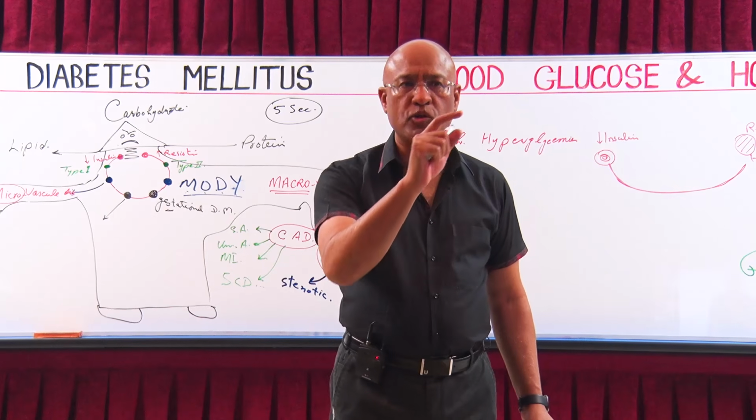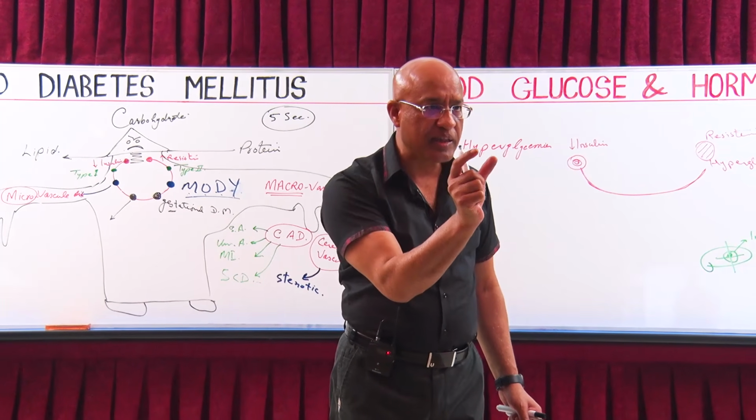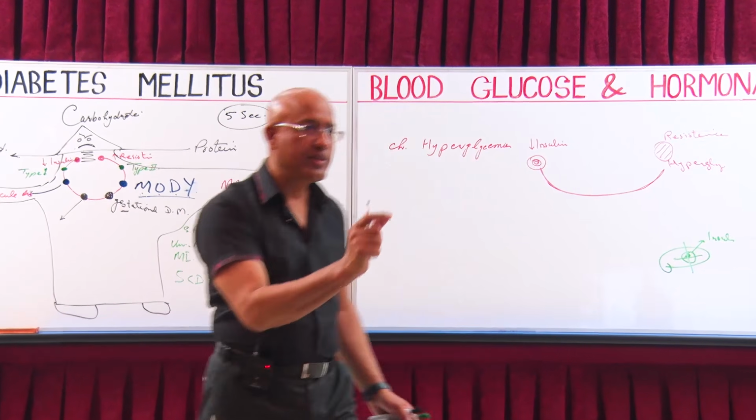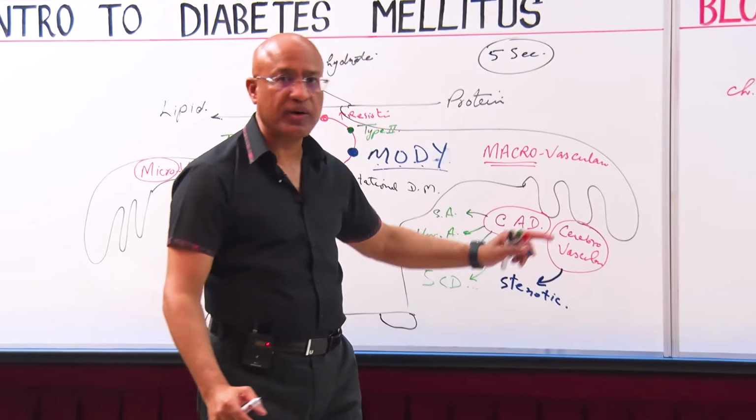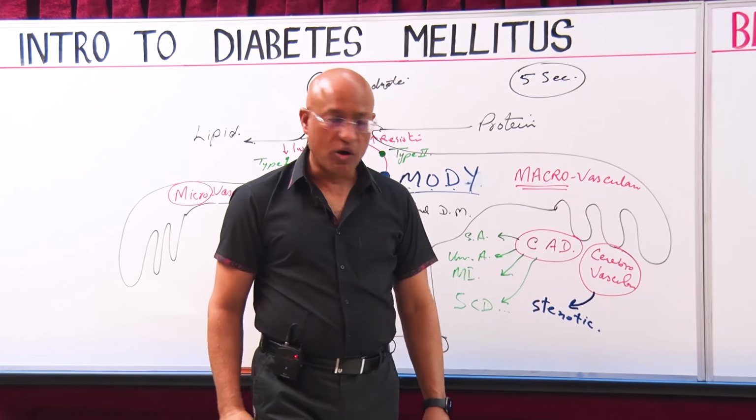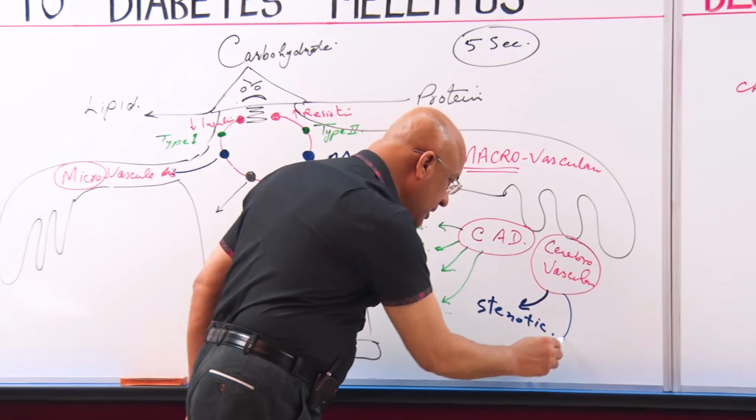If that atheroma is stable but has made the vessel narrow, we can say there is stenotic cerebrovascular disease. Or there can be thrombotic,